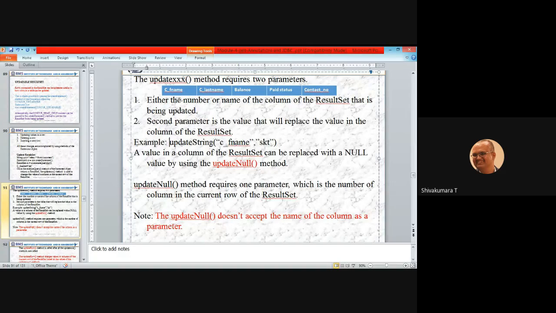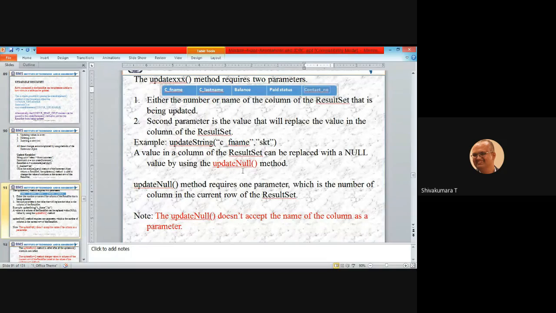If the customer doesn't want to give the contact number while entering his record, at that time you can update it to null. It requires one parameter, which is the number of the column in the current row of the result set. It requires the column number.